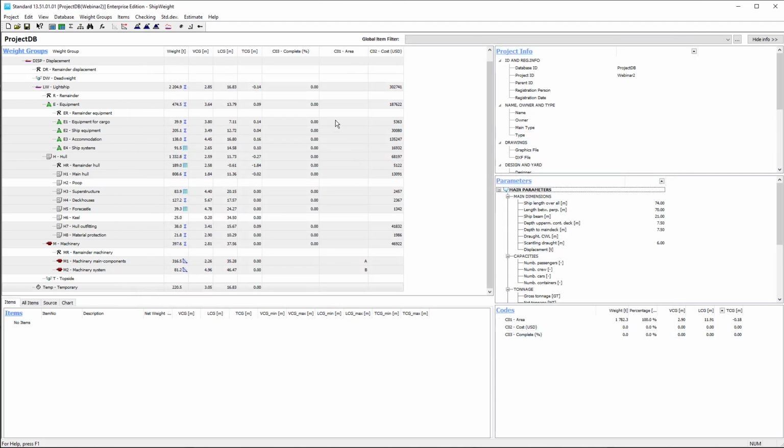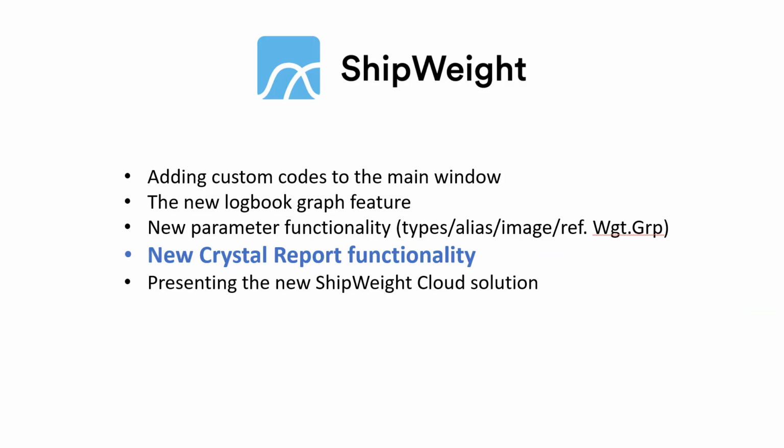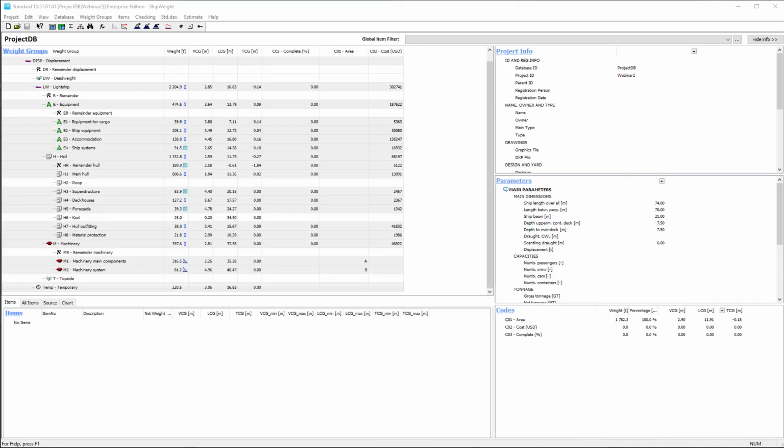Okay, that's some of the changes that we've made to parameters. There are a couple more, but I see we will not have time for that. We have to get back to that in another webinar and go on to the next topic. Next topic up is a new Crystal Report functionality, or maybe it's more correct to say new Crystal Report viewer, ShipWeight viewer functionality. And I'm going to use a different project for that,